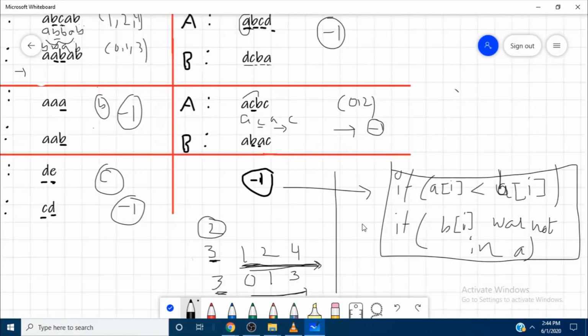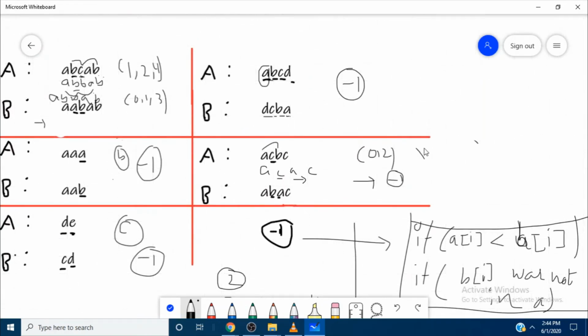here, but the answer is not like that, not -1. There is an answer for this. What is that? If we choose first C, then how can we convert? We can convert C to B by choosing the subsegment CB, this one. So it will be of the form AB BC. Cool.